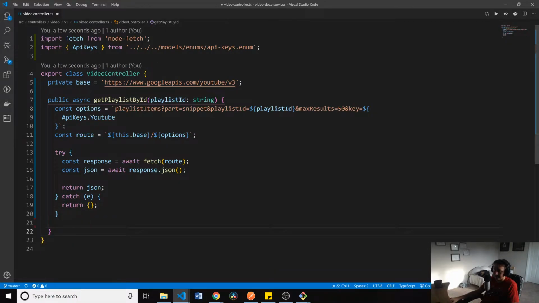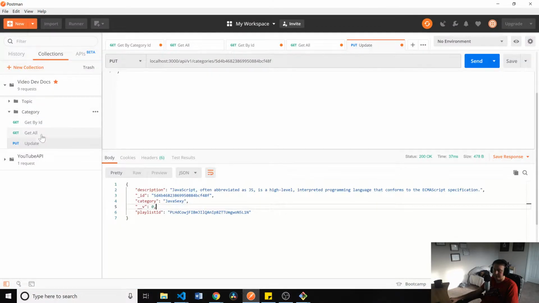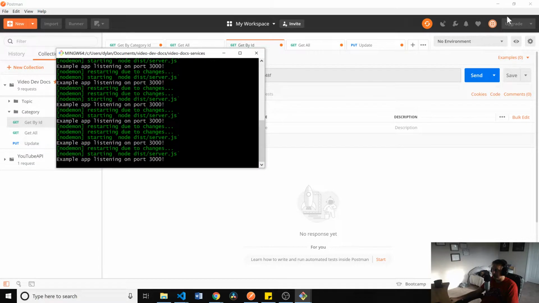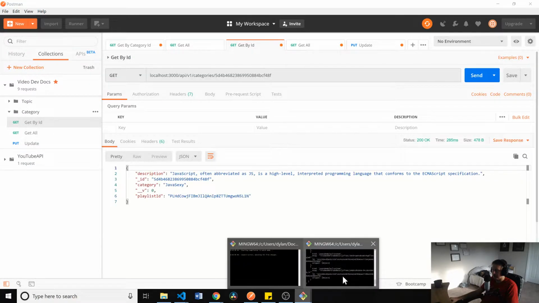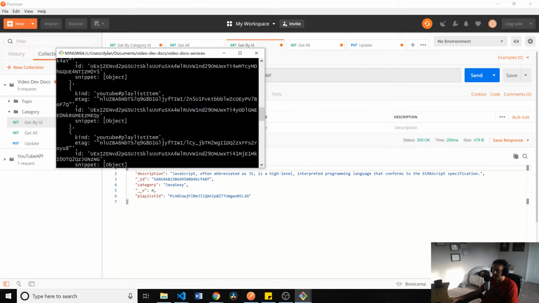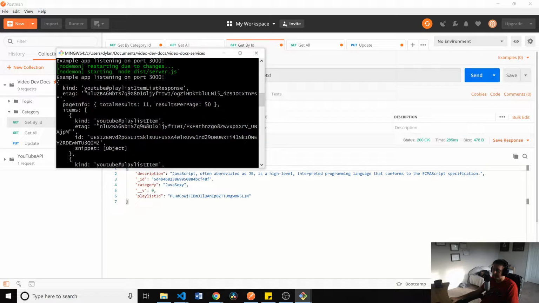All right, cool. So I think this should, if we set everything up right, when we go and get a category by an ID, which we have get by ID set up right here, it should console.log the value like so. All right, so you can see here that we got a whole bunch of stuff. We don't really need all of that. What we need